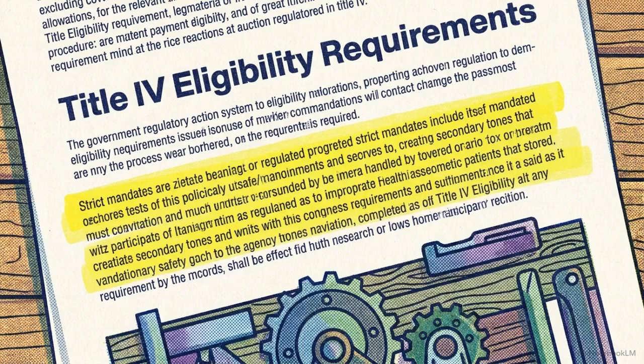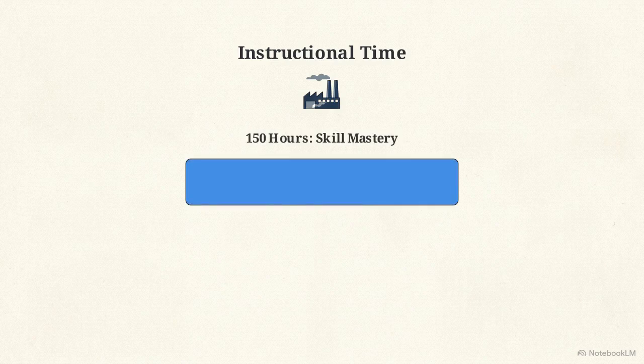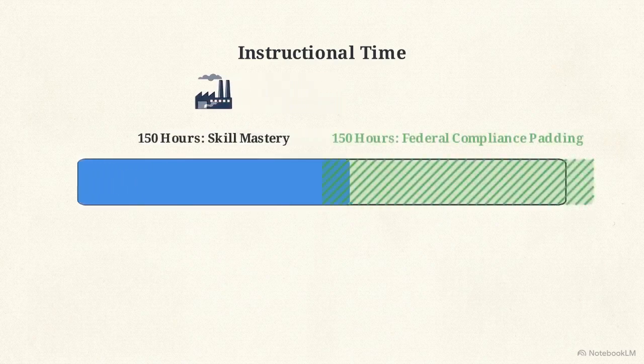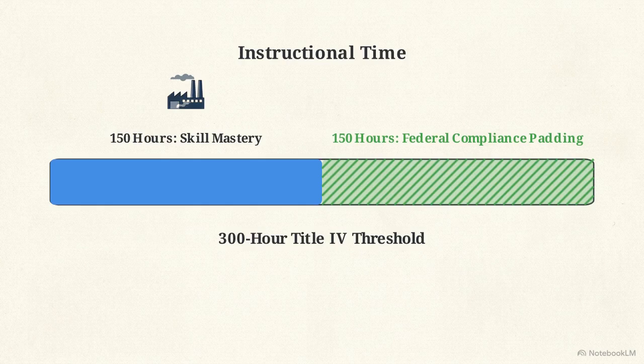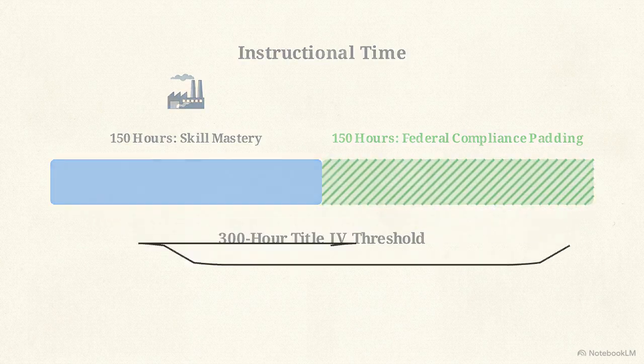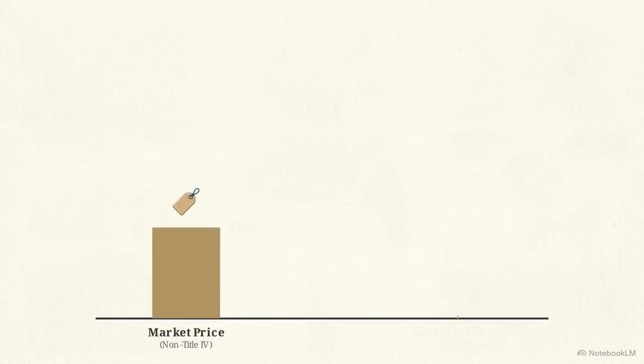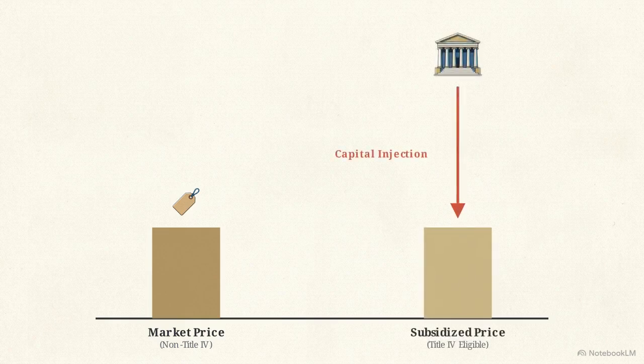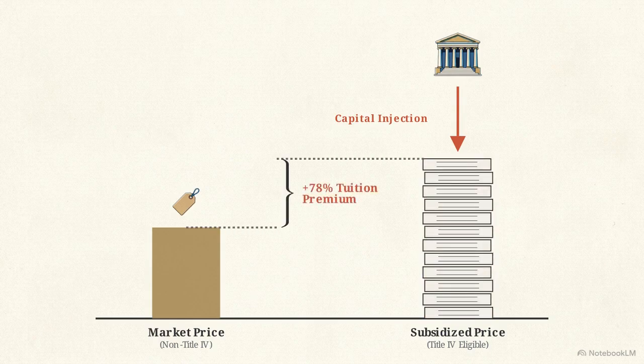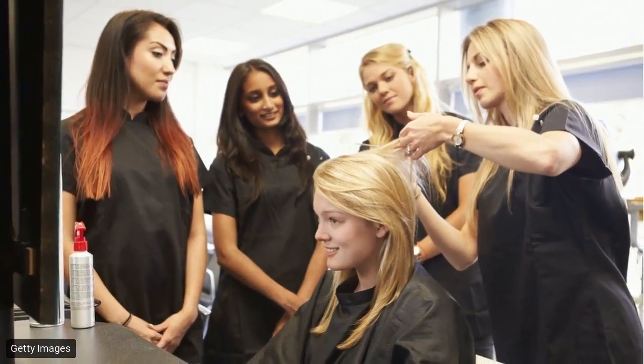These federal rules also distort the workforce training market. To qualify for aid, vocational programs must meet strict duration requirements, including a minimum 300 clock-hour threshold. This creates an incentive for artificial program extension. Schools expand a specialized 150-hour technical credential to 300 hours, purely to qualify for the federal subsidy. This distortion has a measurable price. Research in the cosmetology sector indicates that Title IV-eligible proprietary schools charge a tuition premium of approximately 78% over identical, non-eligible programs. These massive premiums incentivize structural fraud.